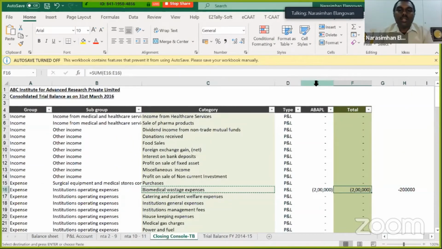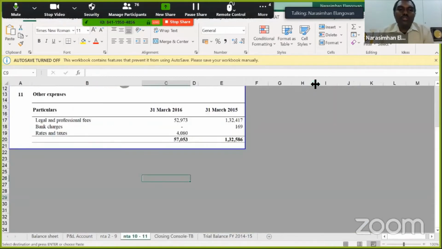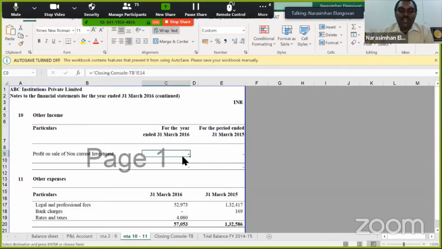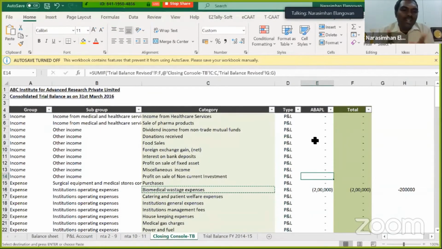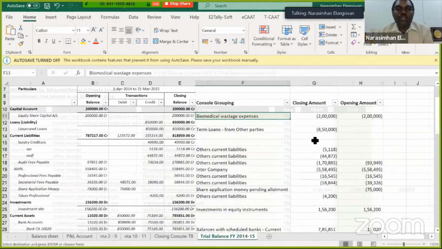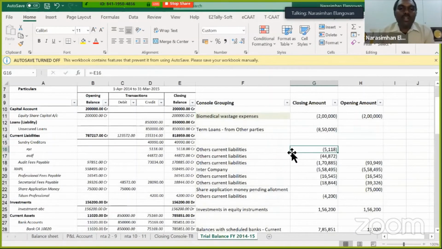Can you find this difference? Correct. So this is the advantage of it. And from here, you just have to go to your notes to accounts, schedules, etc. and just cross-refer to this particular statement. So this is the powerful feature of SUMIF. You have to create one intermediate sheet, and the advantage is this can help you to solve the problem much quicker. Okay, so this is one of the features where you can use it for the purpose of quickly finalizing